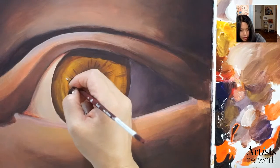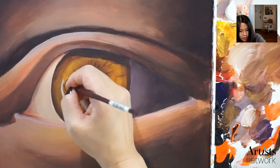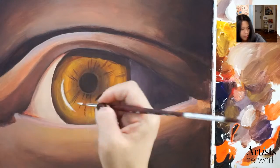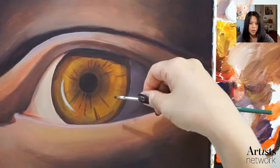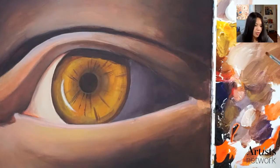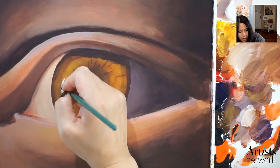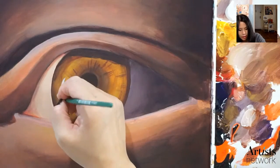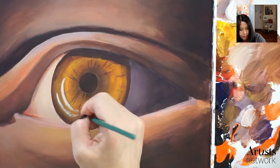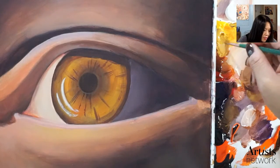I'm going to add a little bit of a highlight here. I might want to change my brush. I'm going to use a flat brush, a tiny flat brush, but whatever makes you guys feel comfortable. So I'm going to go into the white again, and yeah, that feels a lot better. Brush in. Here we go. Also, while I'm doing that, I'm going to pick up a little bit of this ochre